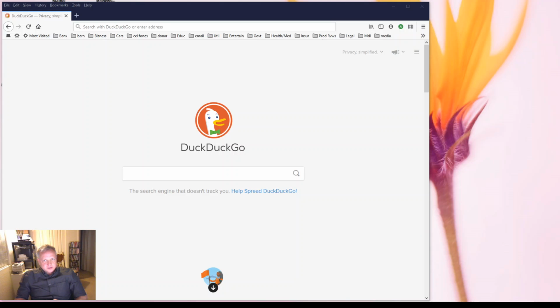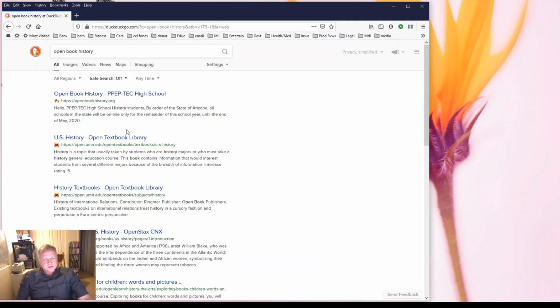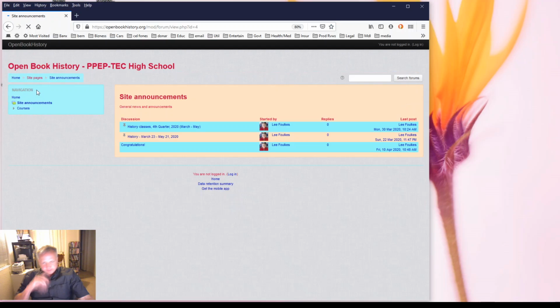And so we'll start by going to a search engine right here, and I'll just type in open book history, hit enter, and at the top of the list is Open Book History Pep Tech High School. Click on that. That brings us to the front page, and without even logging in, we can go to site announcements right here,